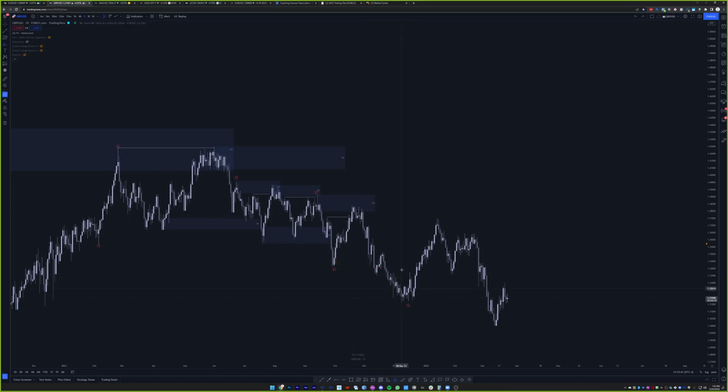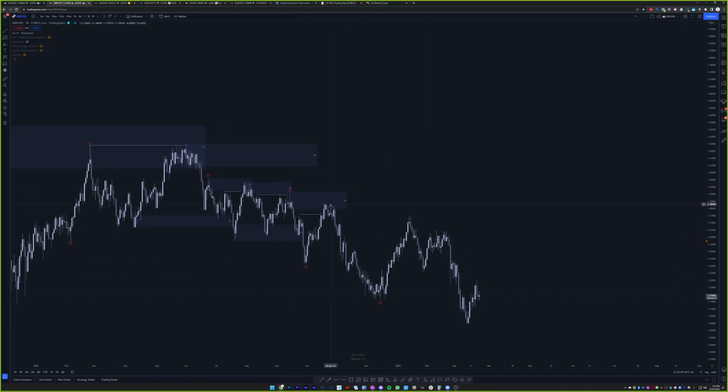And this ends up being the extreme anyways in hindsight, but I'm just trying to give you guys a little bit of the tools on how to mark out structure in a way that will protect you from thinking this is really the last point, because there's always a chance we're gonna sweep. We could even go bullish from there, right?